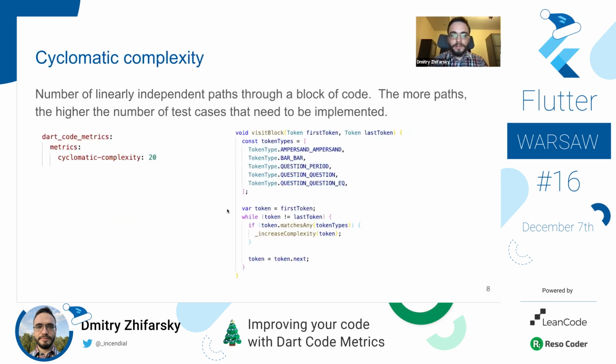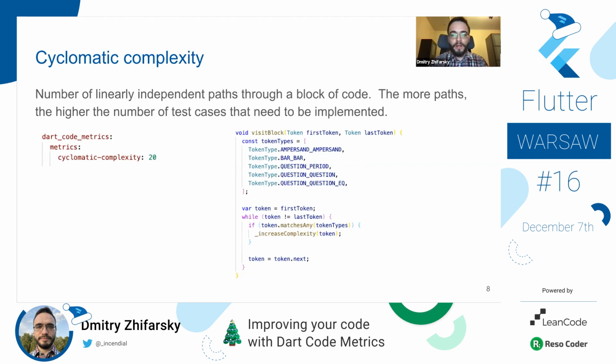Let's take a look at cyclomatic complexity, for instance. This metric shows how many paths your code has. It's very useful to reduce this number in order to reduce the complexity for a reviewer or other people that read your code, because the more linear your code is, the easier it is to understand for your colleagues